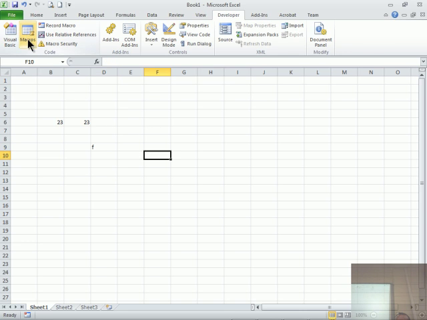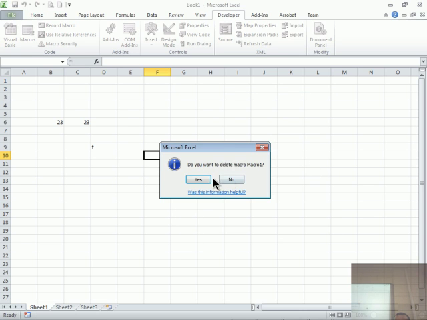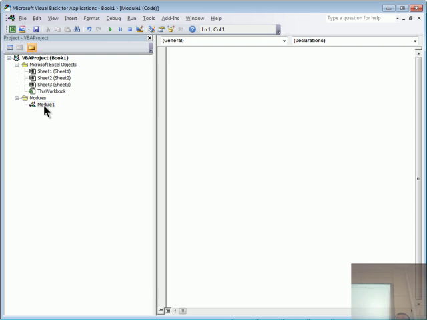I need to delete the module. If I go to macros there, I can delete the macro from there, and that would delete the macro. If I go back, that macro is no longer there. Although the module name itself is there, the macro as a function has been deleted. So just to illustrate, this will not be part of anything. If, for instance, you look at workbook,